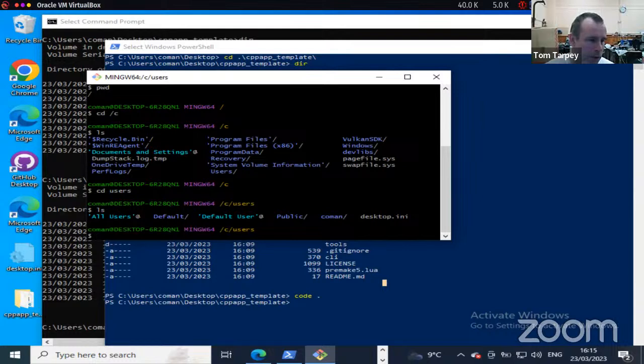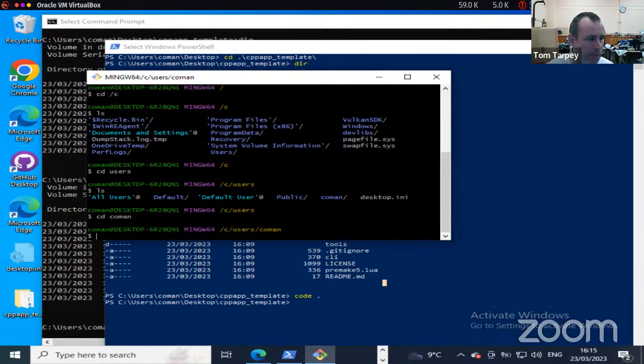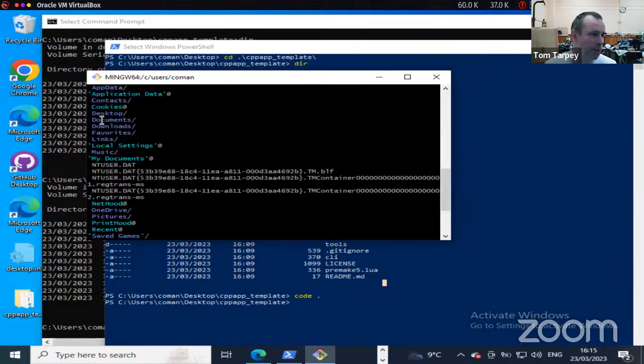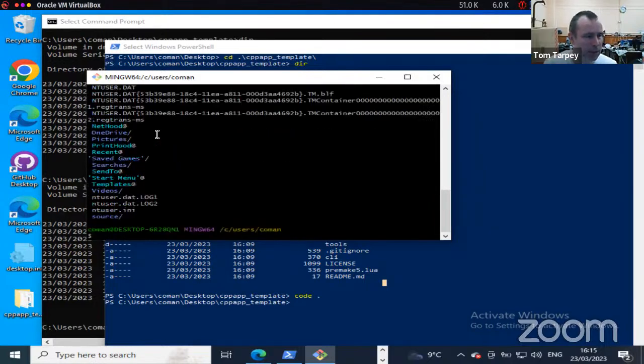But now we've got this command still. So, cd command, which will be whatever the name of your user is, you'd cd into that. So now, notice if I do an ls, we now have OneDrive, pictures, saved searches, videos, source. But we have this desktop. So if I want to get into desktop now, I can go cd desktop